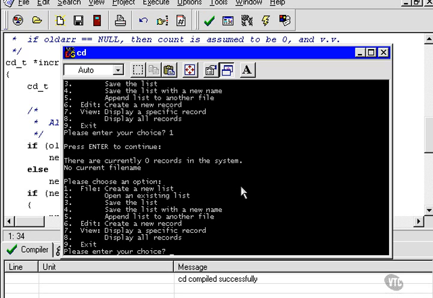Okay, so I could go through all the other options, but I'm sure that they work because I tested them extensively before I completed this program, and you will be able to hopefully compile my program and test it yourself if you don't believe me. I welcome all your bug reports. If you can find a bug in the program, I'm more than happy to give you a gold